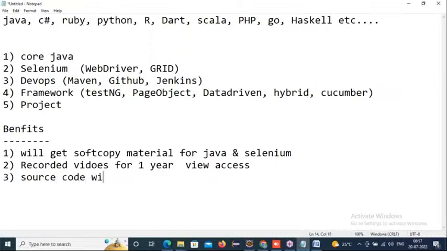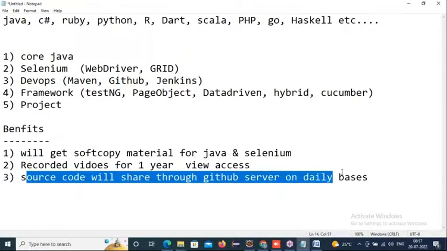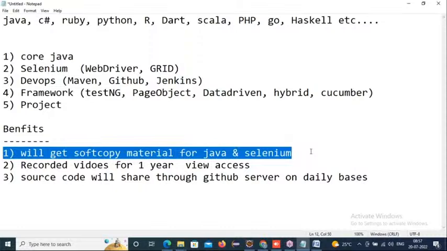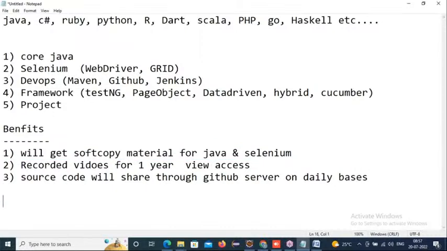Source code will be shared through the GitHub server on a daily basis. So daily, whatever programs I build in front of you, I will commit it in a GitHub server and I will share to everyone. So that is one of the sources for you to practice. And recorded videos will be available for 1 year view access, and soft copy material for Java and Selenium will be shared. And the course duration will be